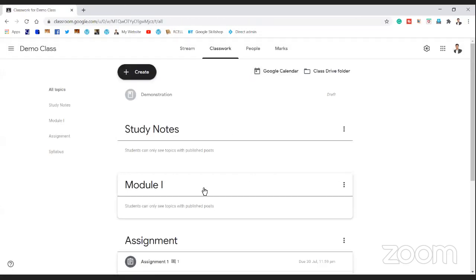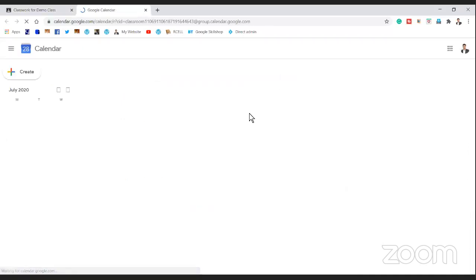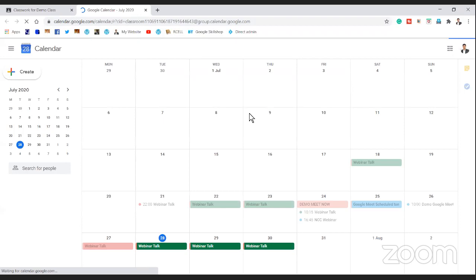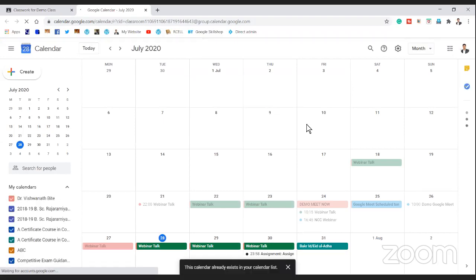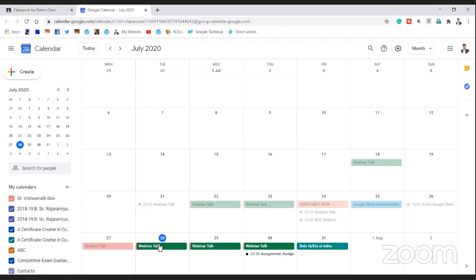You can see in classroom itself there is this integration of a Google Calendar as well as class drive folder. So just click on Google Calendar, and from your Google Calendar you can create this kind of a meeting. Right now you can see that today it's webinar talk, tomorrow, day after tomorrow, yesterday, and almost 3 or 4 sessions per week I have right now. And I have deleted older appointments, but to just demonstrate, to give you an idea how we can do that,